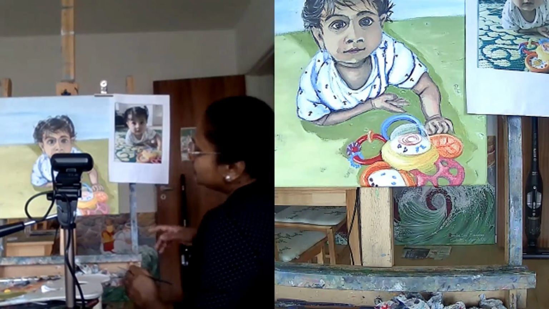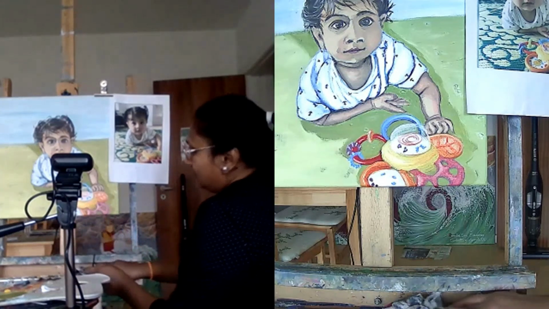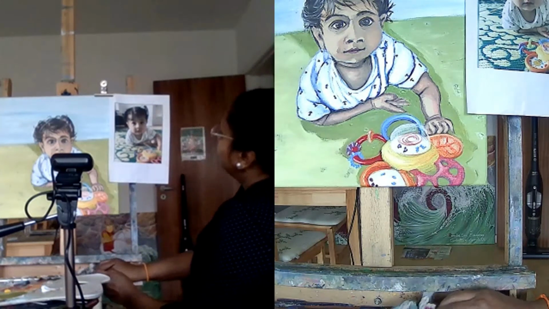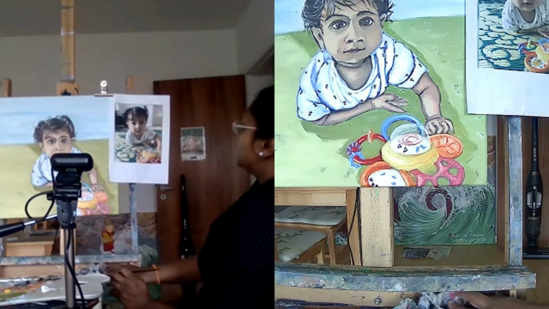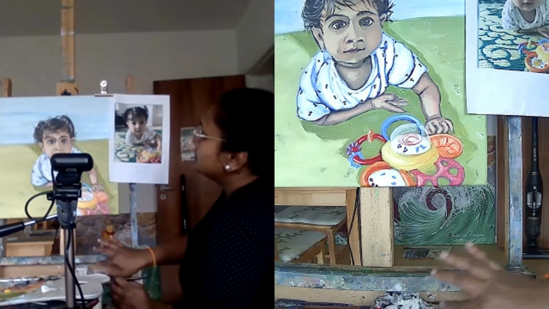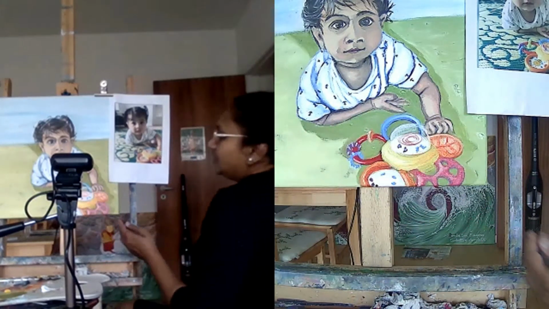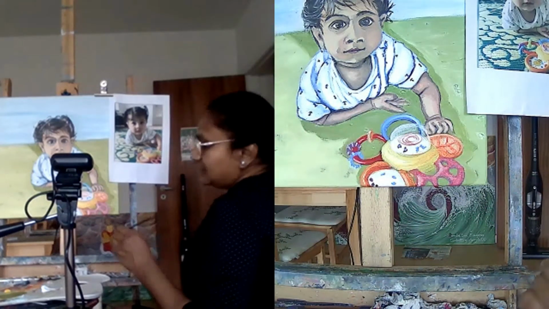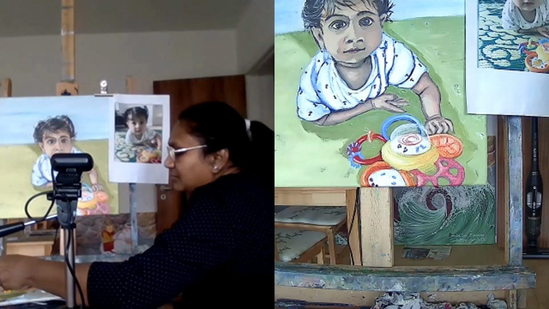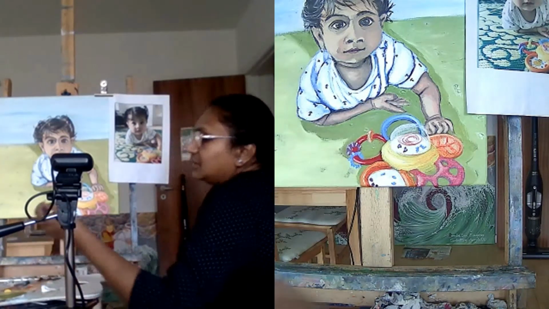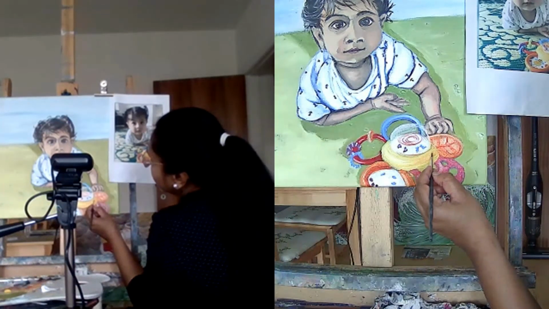I will come back to the toy again one more time when we are in the 5th layer to see if there is any need for tiny adjustments, because in contrast with what we would have done in the background, we might need some more adjustments. You never know. So be mentally prepared for that. There's one more thing I can do. I'm wiping off the brush. I just wiped off the brush to pick up a bit more of the yellow to do those nice circles